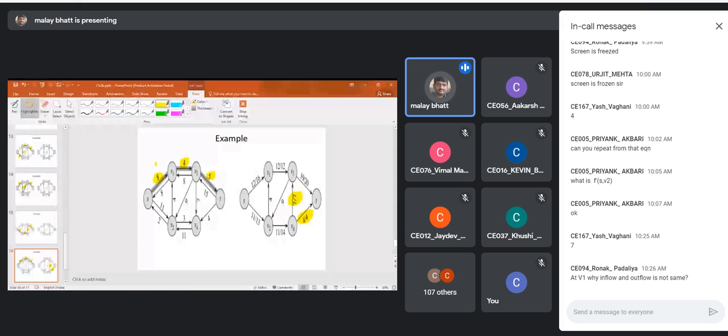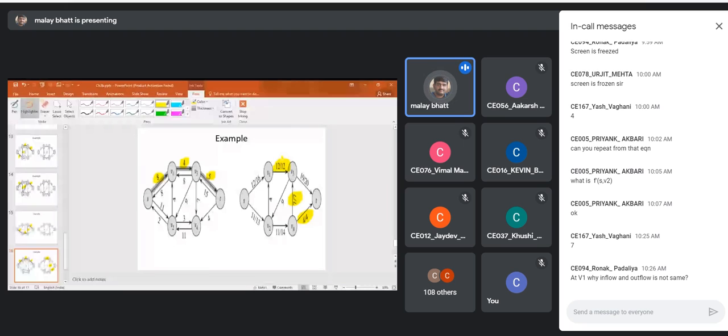I have used the full capacity, 12 out of 12, S to V1 and V1 to V3. Clear? Because V3 is utilized, that part we can remove from this graph, right? Similarly, there is no way to reach V2 from V1. If I traverse from S to V2, then from V2 to V4, I can reach, but from V4 there is no path to reach T. So now our process will terminate, because you will not get any augmentation path.